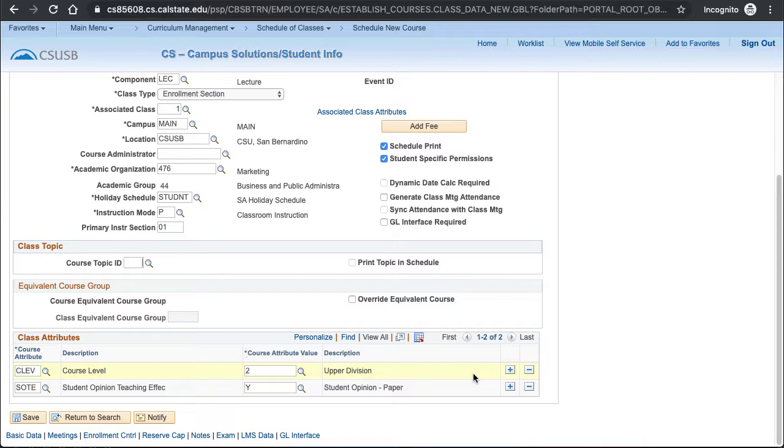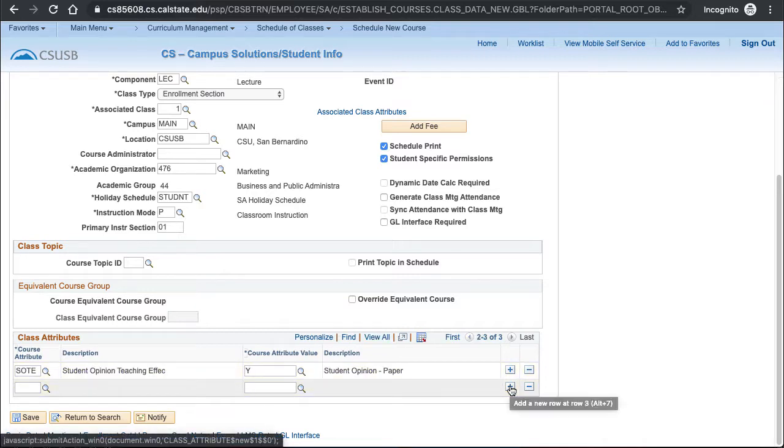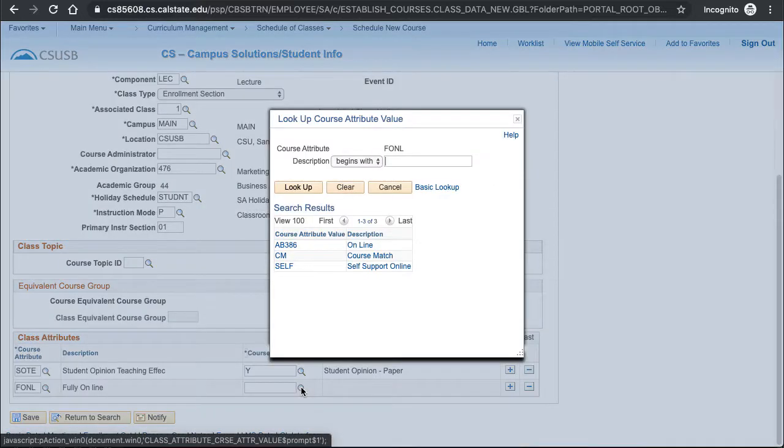If you selected Course Match or Fully Online for your instruction mode, you must add a class attribute. To add a class attribute, click on the plus symbol after the last course attribute. Type in FONL or look up Fully Online with the search function. The value for a Course Match class is CM, while the value for Fully Online courses is AB386.